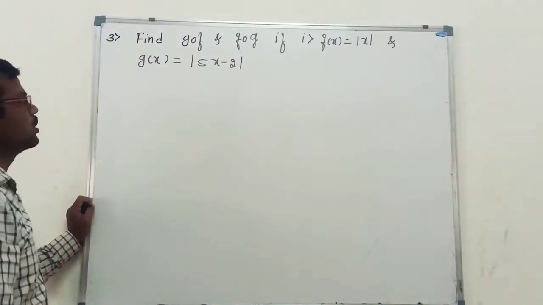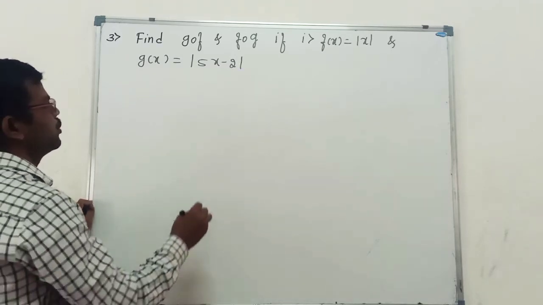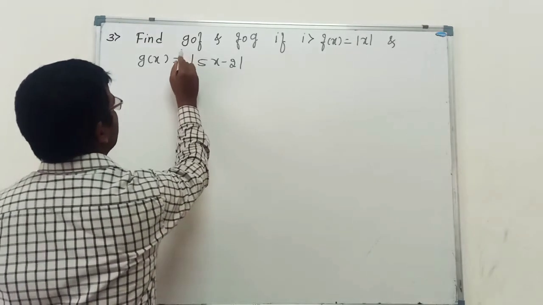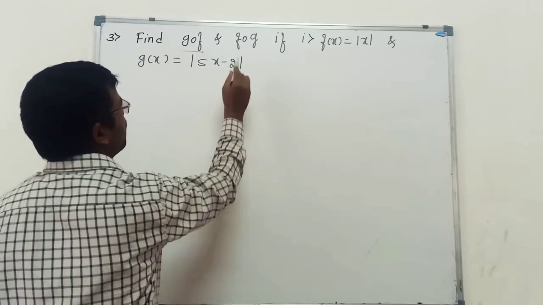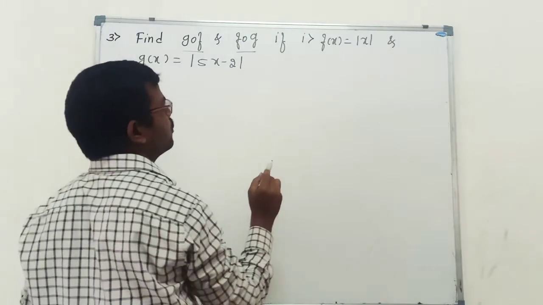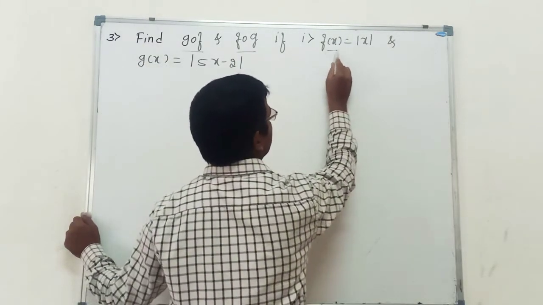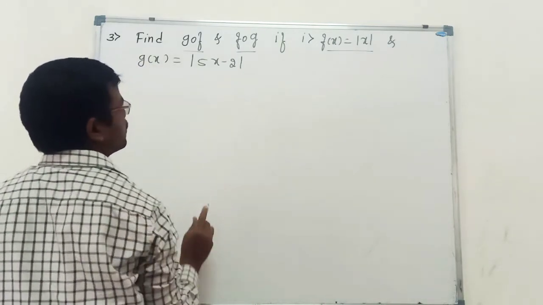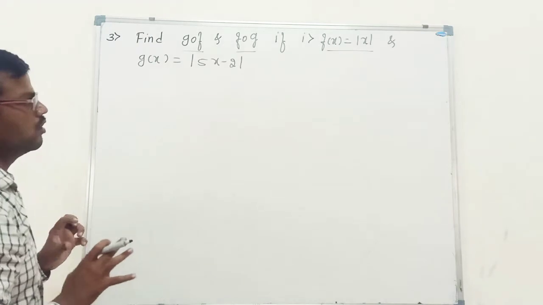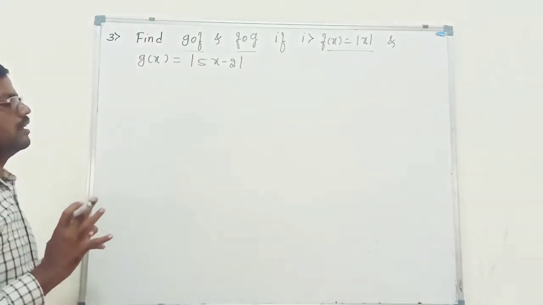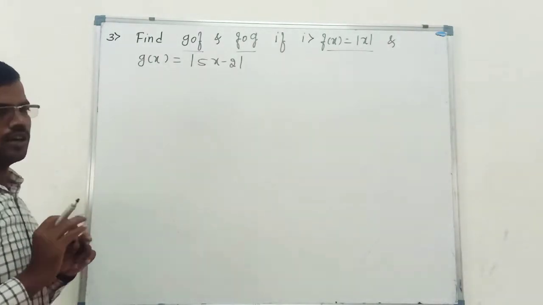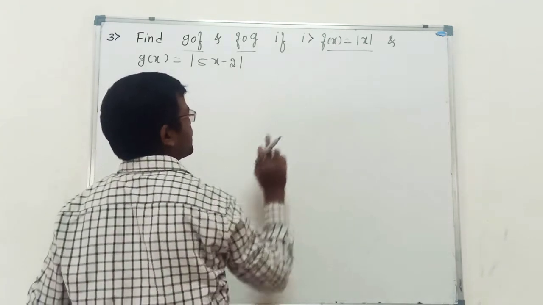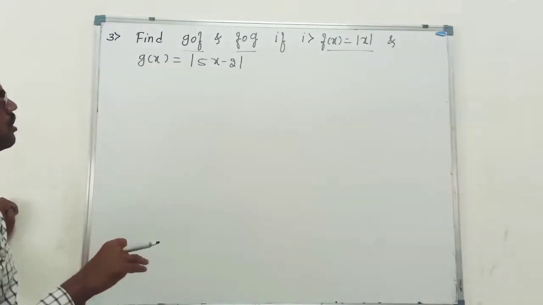So next we come to the third problem. What we have to find out? It is very important, for 2 marks. We have to find g composition f and f composition g. What is the definition they have given? f of x is mod x and g of x is mod 5x minus 2. Here we have to be careful. We should have a clear idea of the definition of the composition function, how it is defined. Using that definition, we have to utilize the definitions of the given original functions.